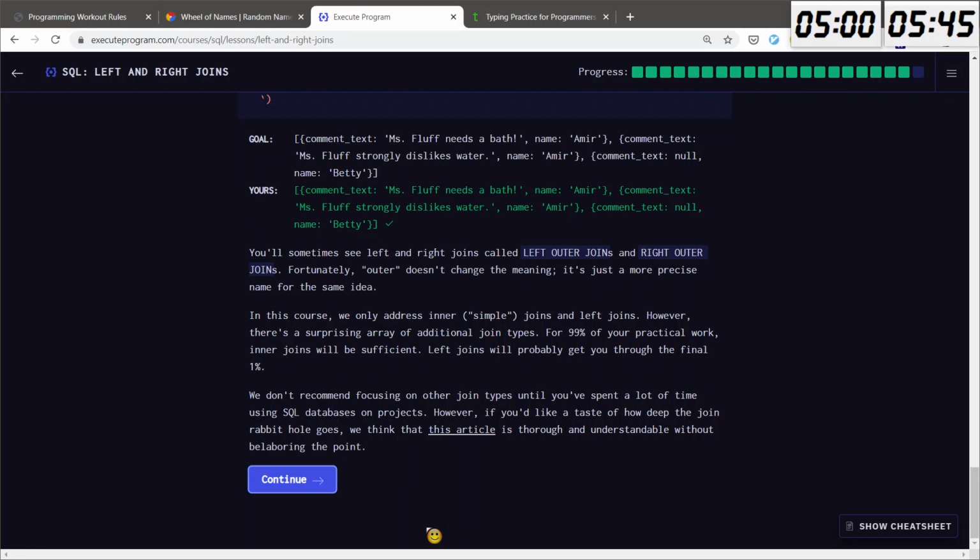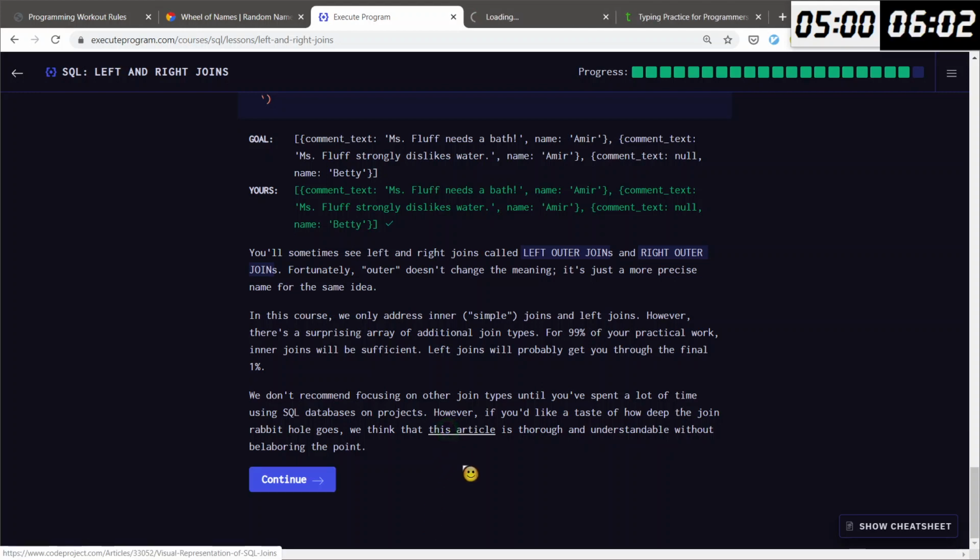We don't recommend focusing on other join types until you spend a lot of time using SQL databases on projects. However, if you'd like a taste of how deep the join rabbit hole goes, we think that this article is thorough and understandable without